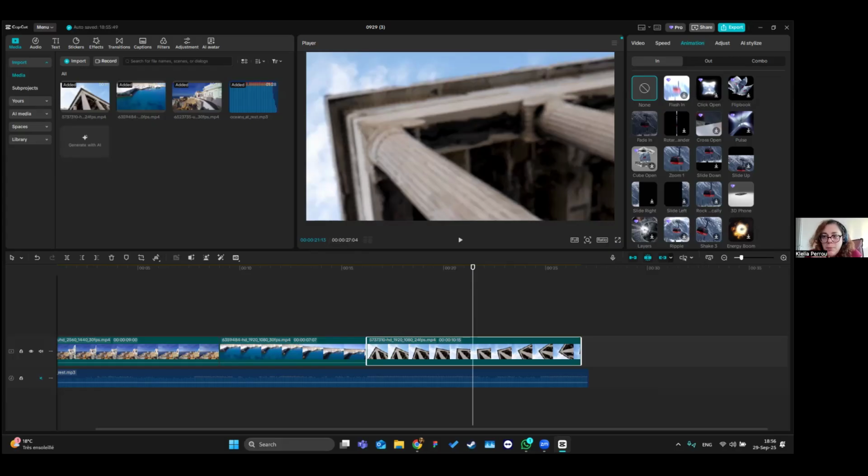But keep in mind that sometimes less is more. So especially if you're starting, I know that sometimes it can be exciting. Oh, look at this movement, and look at this movement, and look at this movement. But as you put different movements in one video, it can make it very big. And sometimes it's better to have simpler animations and transitions